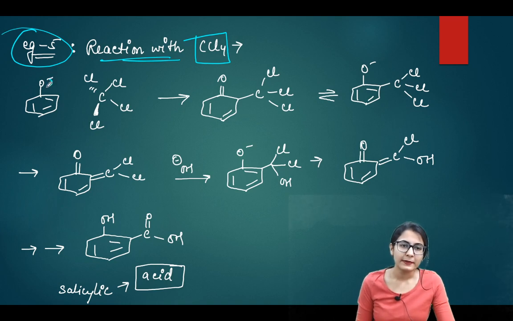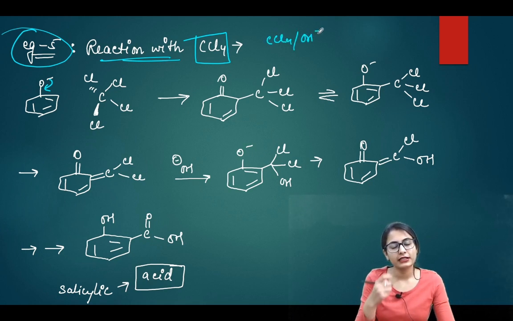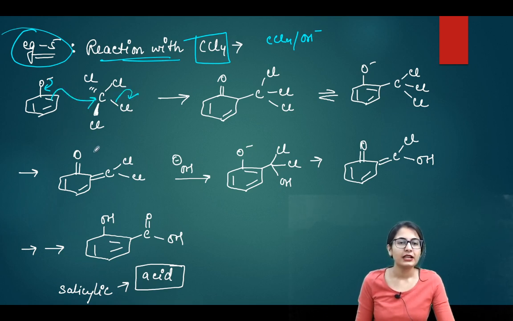So directly we expect, because the reagents are CCl4 and alcohol, basically the hydroxide, that you're going to form the phenoxide ion from that. The phenoxide ion from the ortho position attacks like this. Okay, it is going to attack in this manner. So you get this intermediate in which there is addition to the ortho carbon, which we don't want because we don't want to lose the aromaticity. So that is why it is going to become O minus.